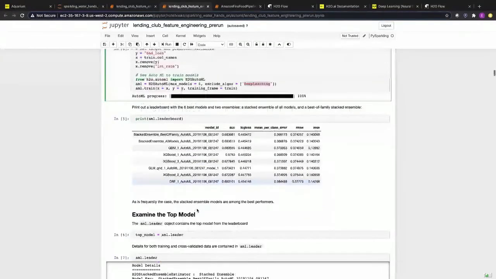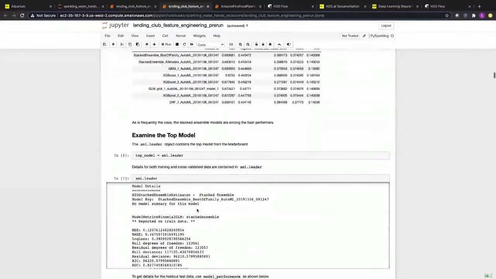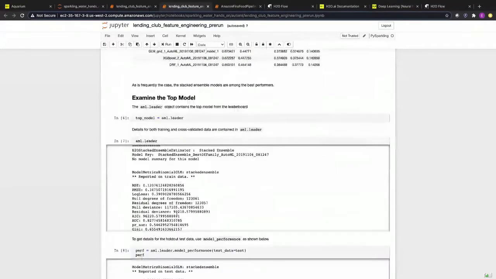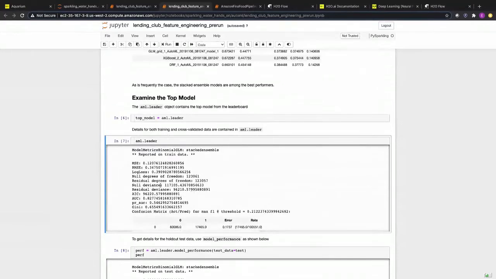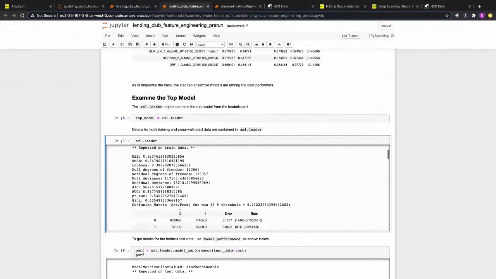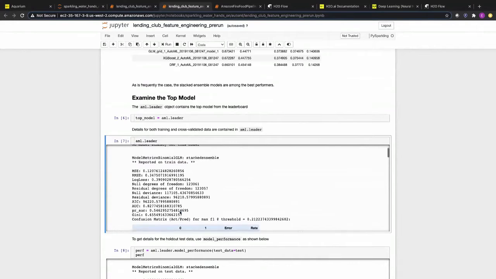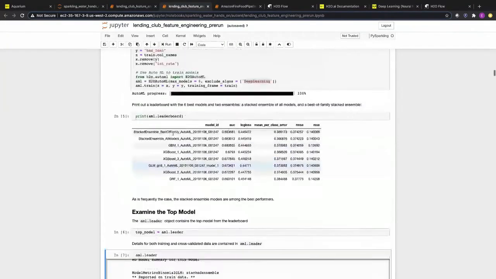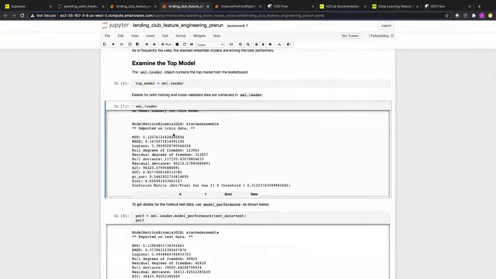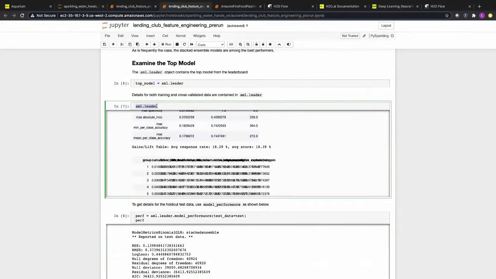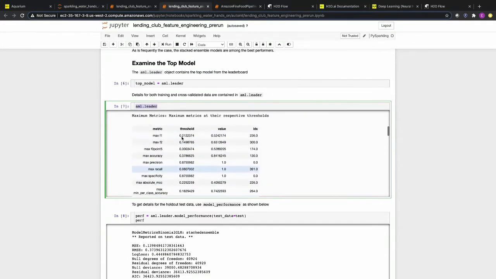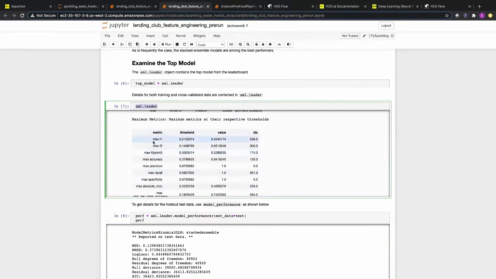So again, I can examine my information this way. So I'm looking at, okay, this is the best performing model. It's a stacked ensemble. And here are the performance metrics for this model to predict if it's a bad loan or not. And it gives me a lot of information here. So I'm just calling the model basically, and it provides a lot of metrics. And at this threshold, you get this value and so on for